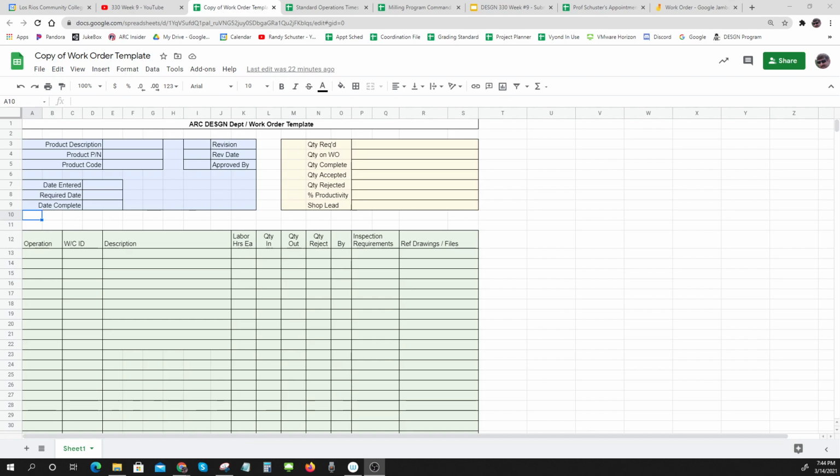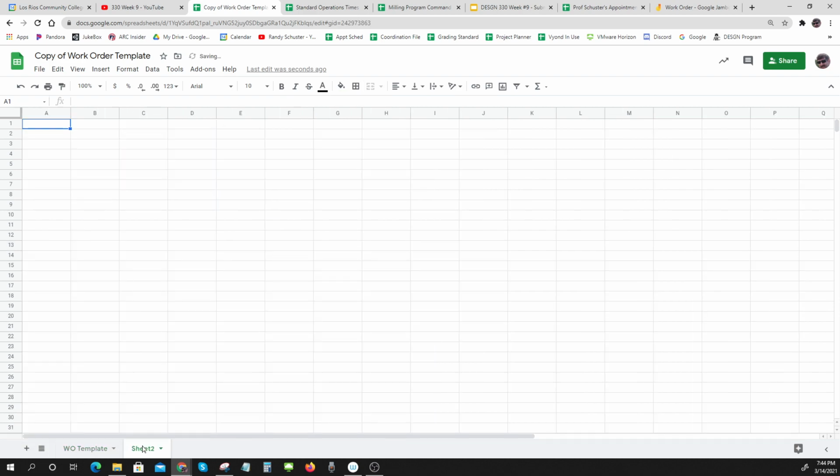Let's see if I can do a demonstration for you on how to put the standard mill times into your work order to make it easy. So the first thing I'm going to do down here at the bottom, I'm going to call this my work order template. And I'm going to make a new sheet. I'm going to add a sheet over here for my